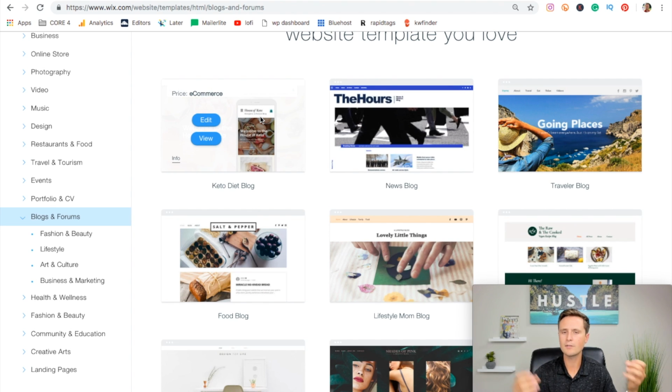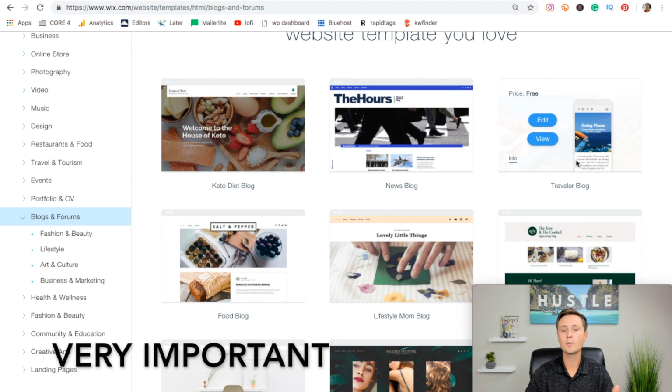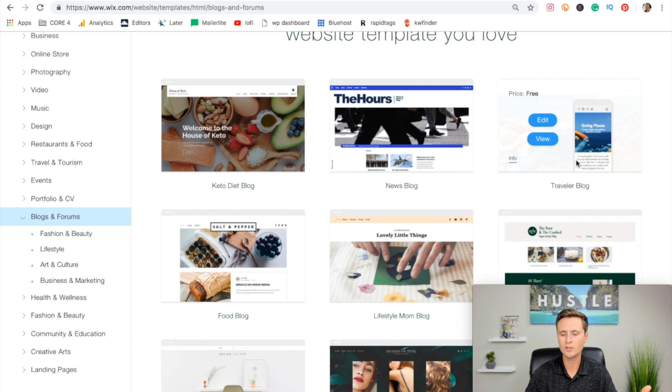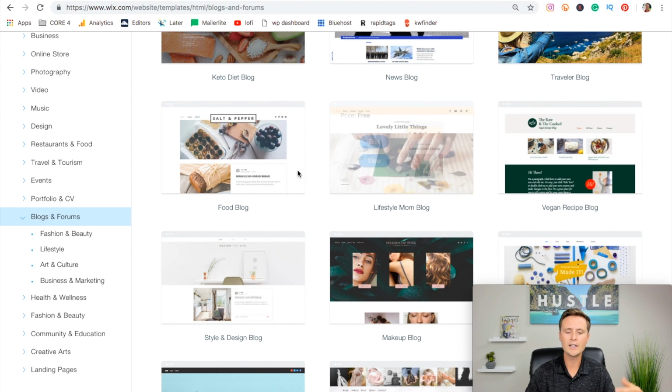The e-commerce is going to have an online store on it, so you will have to pay for that monthly. What I recommend is using a free template, and this is actually my favorite one over here, especially for affiliate marketing sites, and I'll explain why as we start to build it. So I would recommend the Traveler blog,